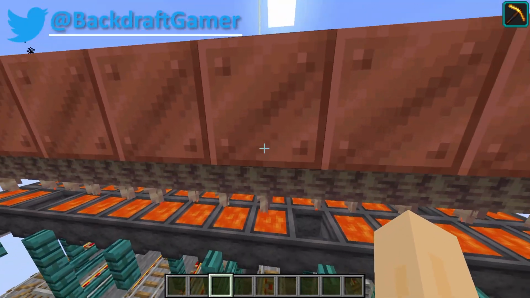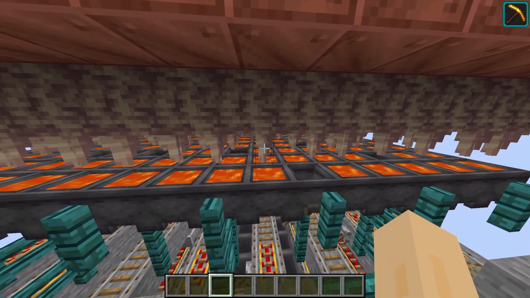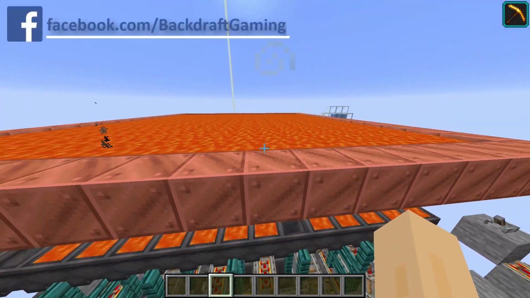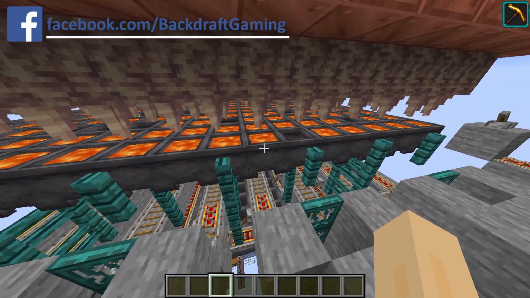You use this new block called a dripstone block. You put one of those down, and underneath that you put one of the dripstone stalactites, or whatever they're called, and then above the dripstone block you put a lava source. Underneath the stalactite, you put a cauldron, and with that setup, the lava will drip down into the cauldron and